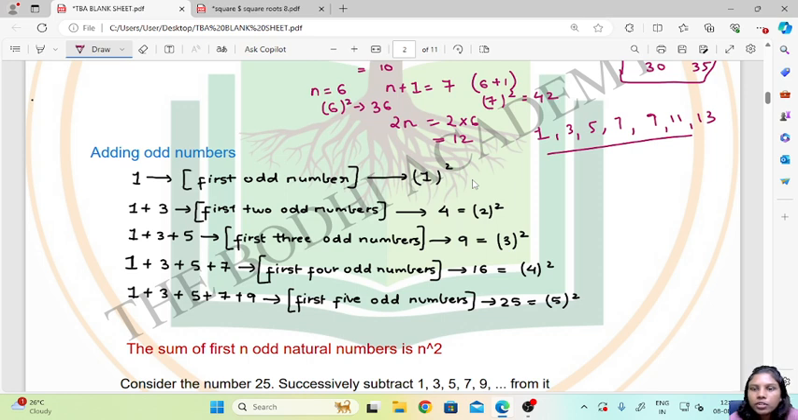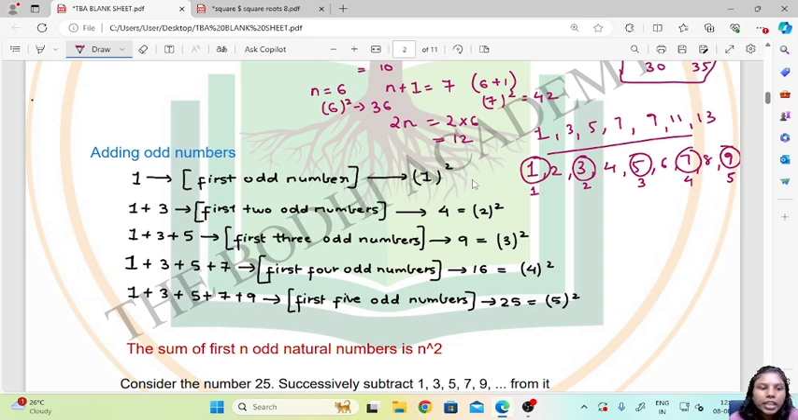If I write natural numbers starting from 1, I'll write 1, 2, 3, 4, 5, 6, 7, 8 and 9. In that, my odd numbers are 1, 3, 5, 7 and 9. So 1 is my first odd number, 3 is my second, 5 is my third, the fourth odd number is 7, and 9 is the fifth. In this case we are adding 1 plus the second odd number, that is 3. So 1 plus 3 gives us 4,